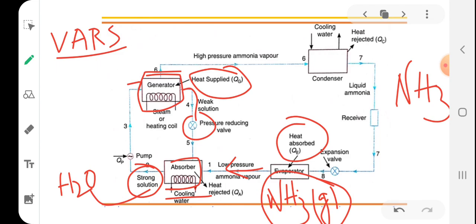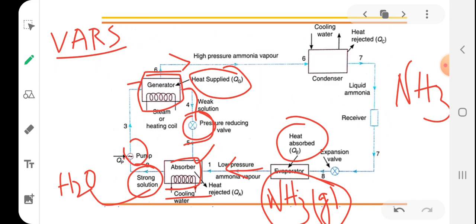In order to make the solution flow, we have to maintain a pressure differential. Since the pump is increasing pressure, there should be a pressure reducing valve to reduce the pressure to the absorber pressure. Okay, so the weak solution comes back to the absorber and the high pressure ammonia vapor